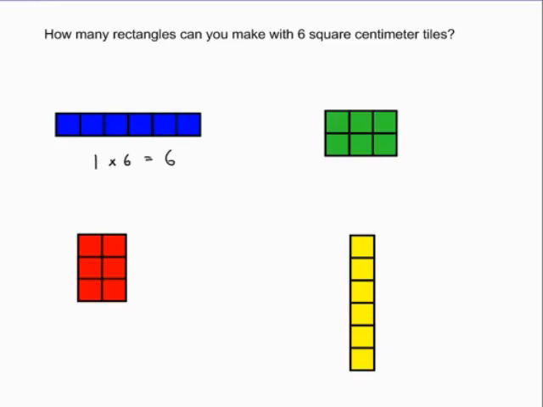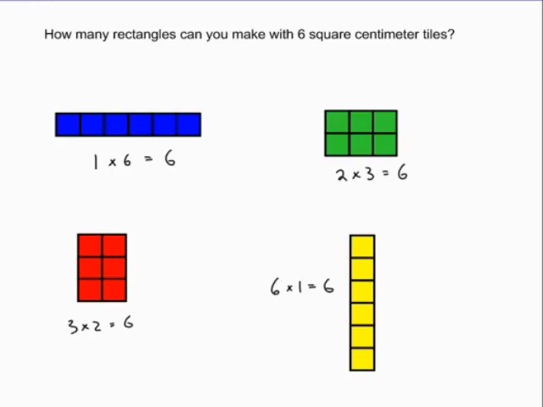The green rectangle represents the product 2 times 3 equals 6. The red rectangle represents 3 times 2 equals 6. And the yellow rectangle represents 6 times 1 is equal to 6. The fact that the area is left unchanged by rotating the picture is one way to represent the commutative property